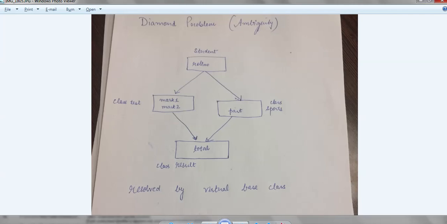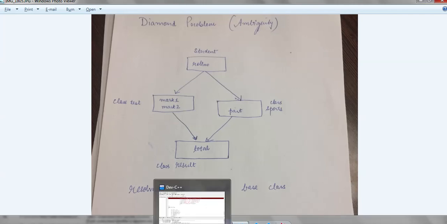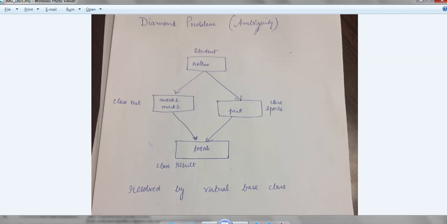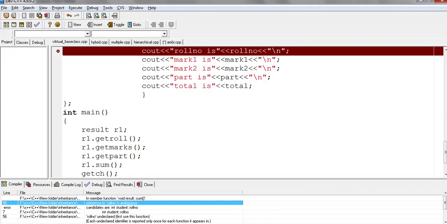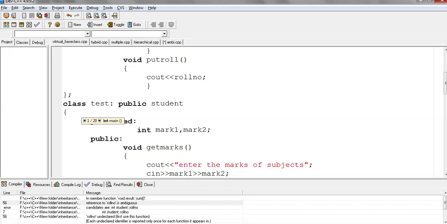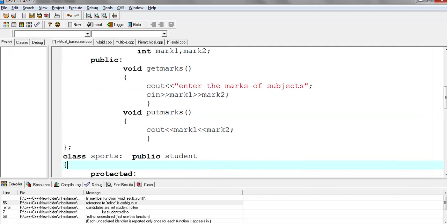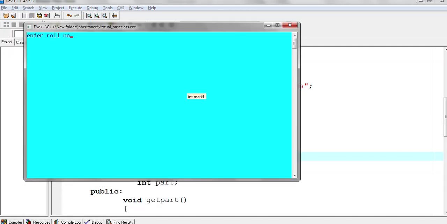I am having multipath. So what I am going to do is make these classes virtual. How to make class test virtual? Just write the keyword virtual here. Now these two keywords are interchangeable, meaning you can write either virtual first then public student, or public virtual student. So I am going to write it here, and here also I am going to write virtual before public student. Now if I execute this program, see here,